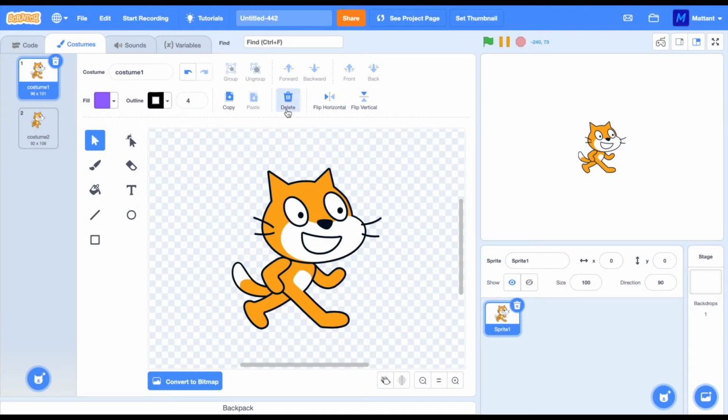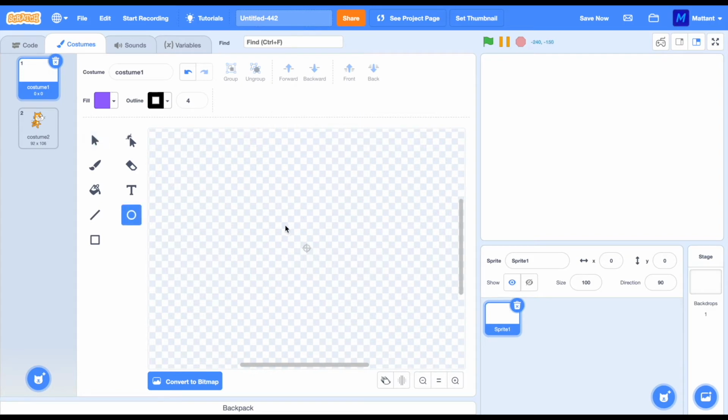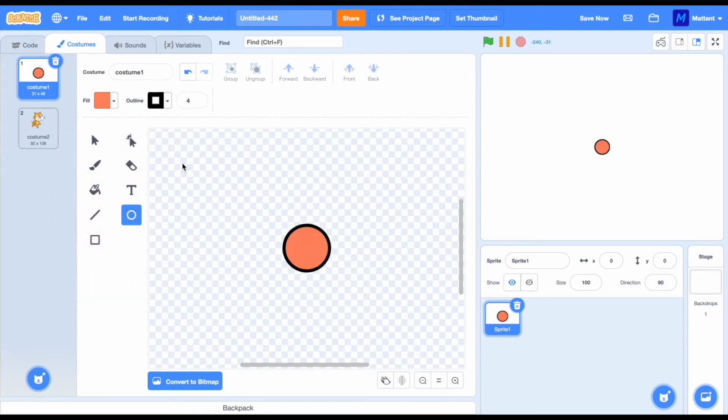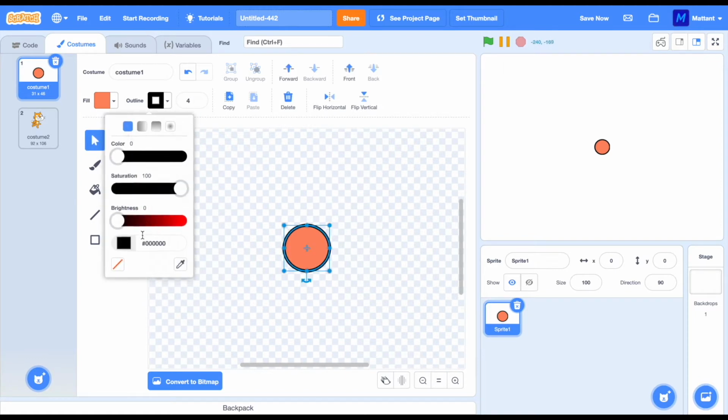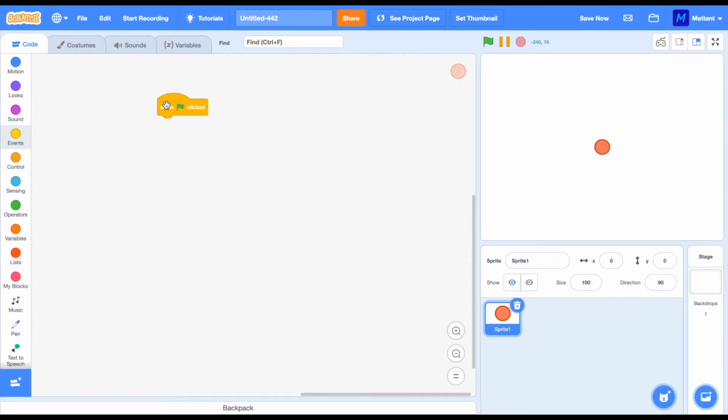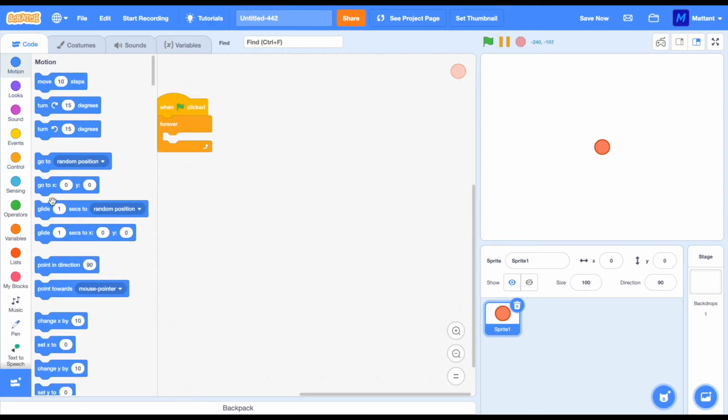Start off, let's get rid of the cat and just replace it with, let's say, a coloured blob. That'll be nice and simple. You can obviously change this, make it into anything you want. Maybe give it a bit of a nicer outline. Okay. So now we're going to put the flag there and make it so it's forever going to go